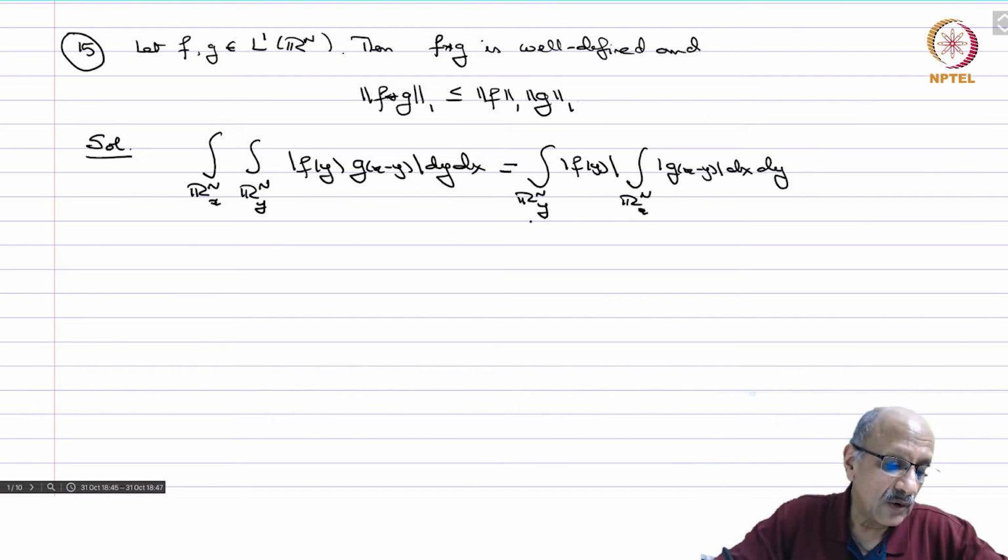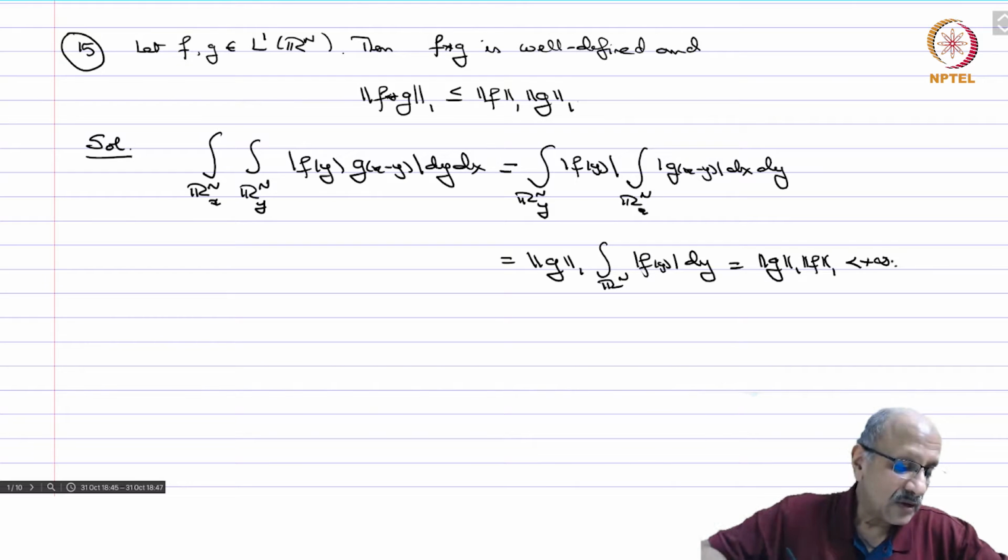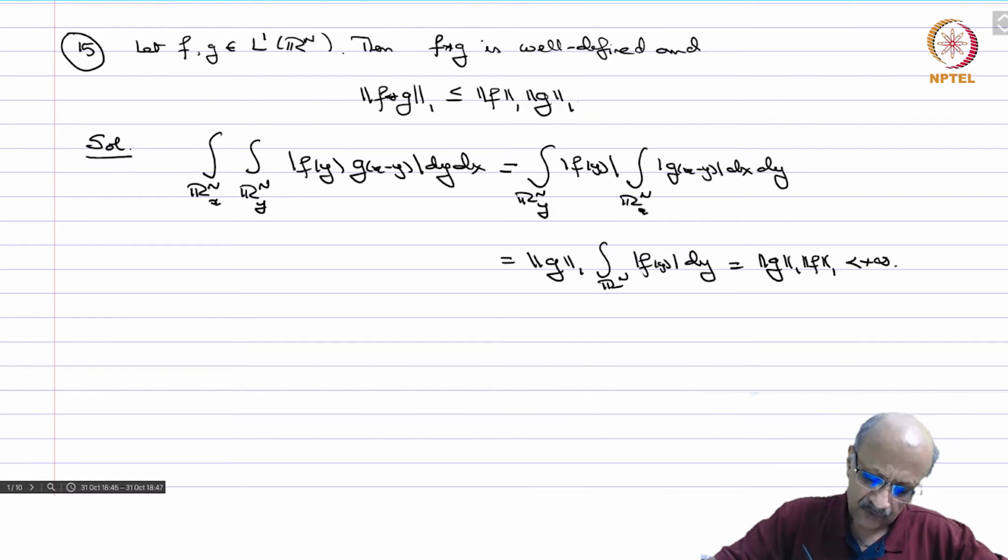Okay, so this is equal to norm g1. It's a constant, it will come out, integral over R^n of mod f(y) dy, and therefore that's equal to norm g1 norm f1, and that is given to be finite. So with the absolute value this is integrable. Therefore by Fubini's theorem,